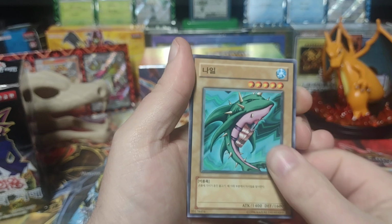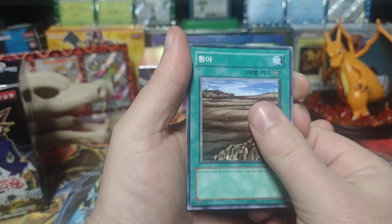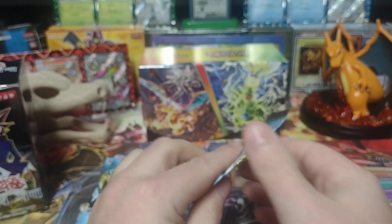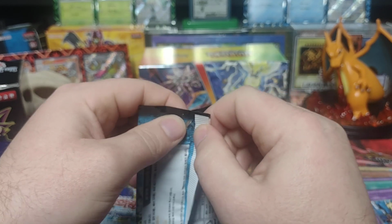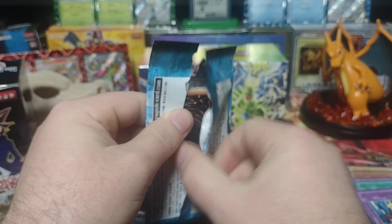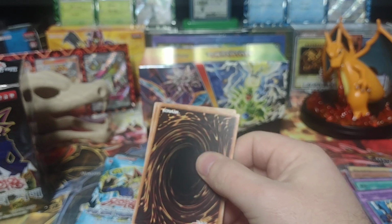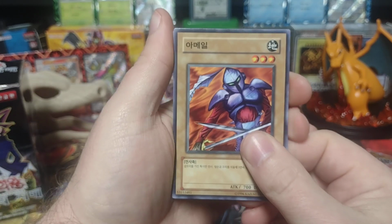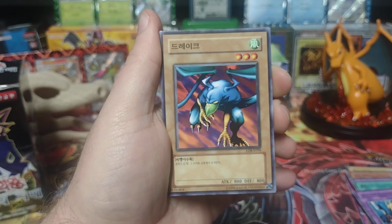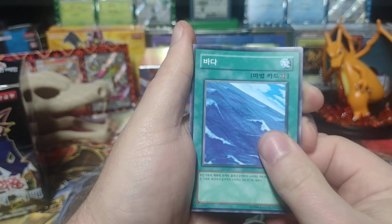Okay, I think that's like Man-Eater Plant, King Fog, Wasteland, and Trial of Nightmare. All right, now, really I'd be open to anything, but I do think, again, it would be pretty cool to get the Blue Eyes itself in its own box. Electro Whip, Kurama. I want to say that's Umi, and then,